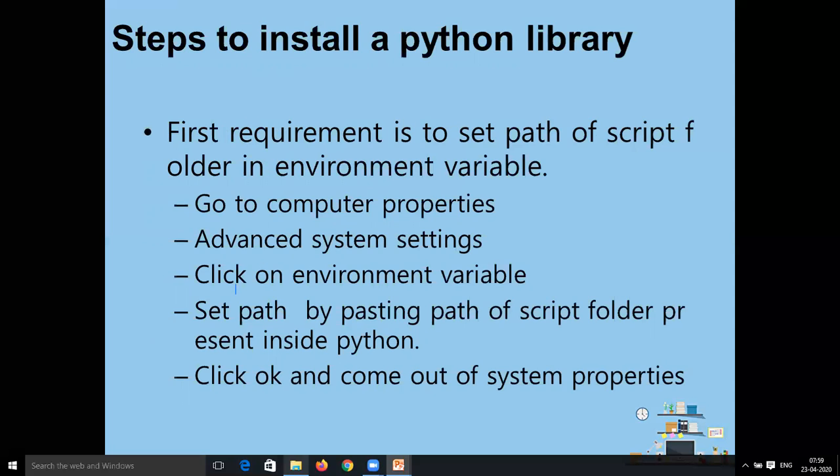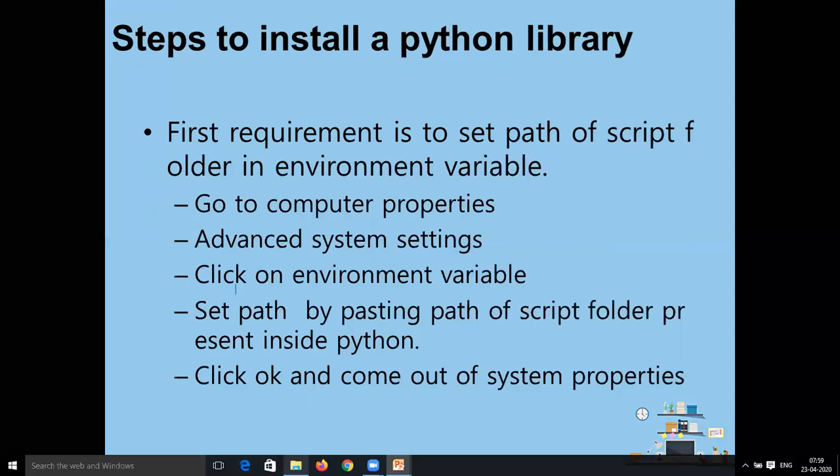The first step is to set the path of the script in the environment variable. The script folder is the folder which contains all the executable files or pip commands, which are again Python files stored in our Python folder.